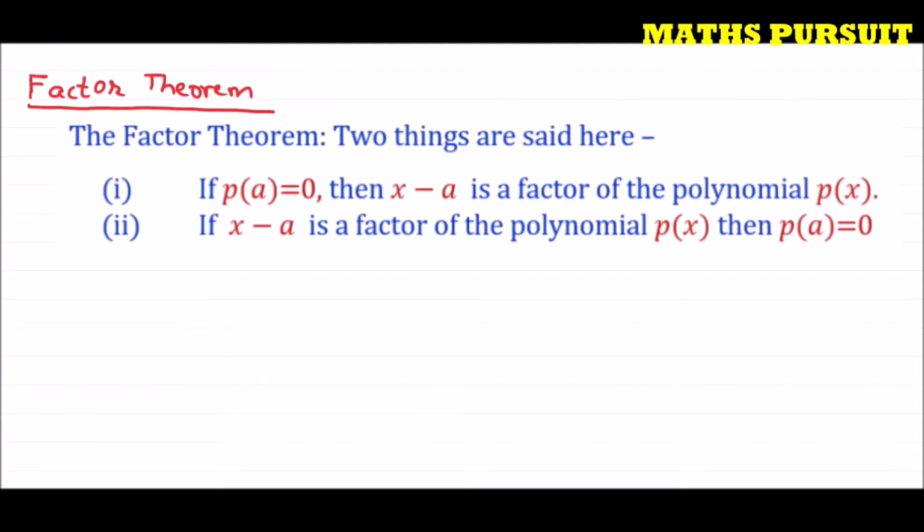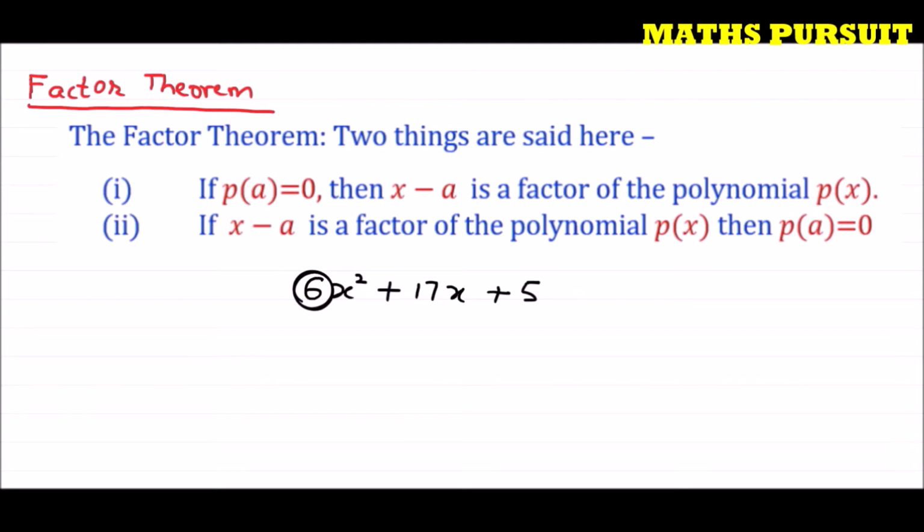Now keeping this thing in our mind, let us try to factorize the given polynomial using factor theorem. So the given polynomial is 3x to the power 2 plus 17x plus 5. Guys, one most important thing here is, in order to apply the factor theorem, we need to remove this coefficient, this 6.